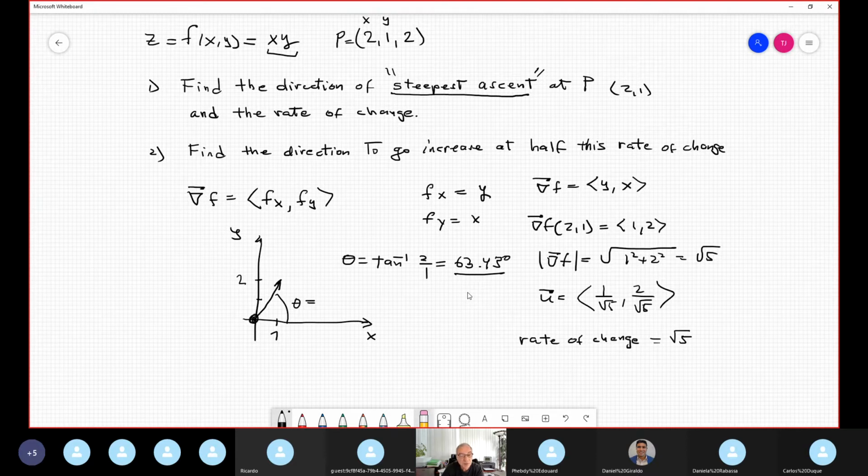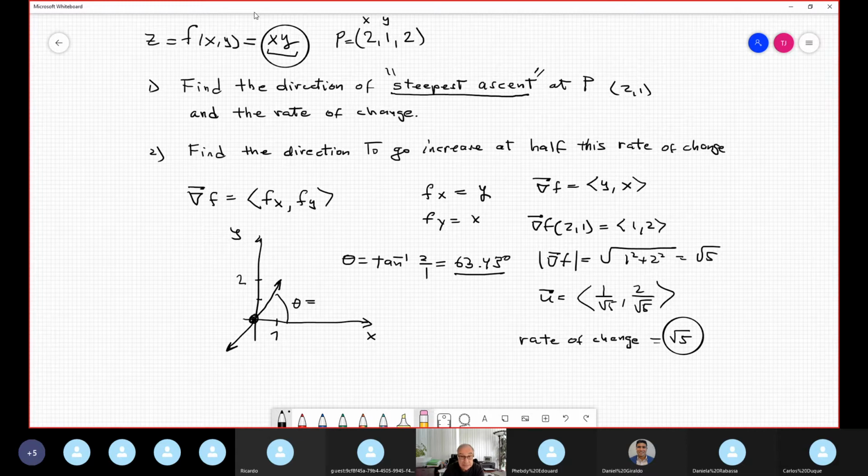If you move in the direction 63.43 degrees, you always assume that 0 degrees is on the x-axis, you move on this surface with this rate of change, that by the way is the maximum. In the opposite direction is like that. Okay, it is 180 minus this, no? It is